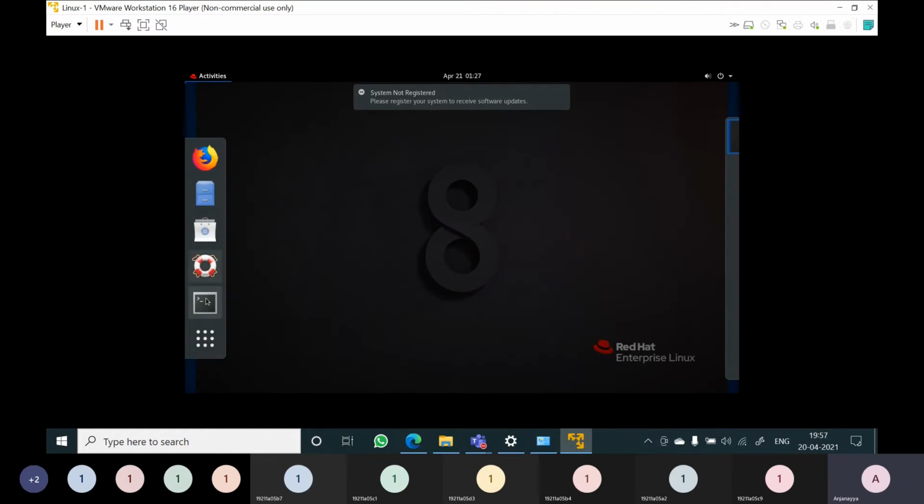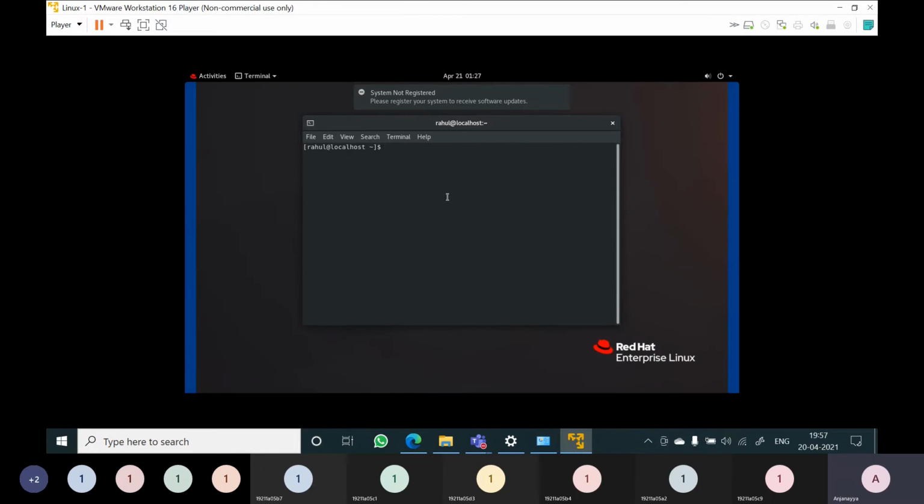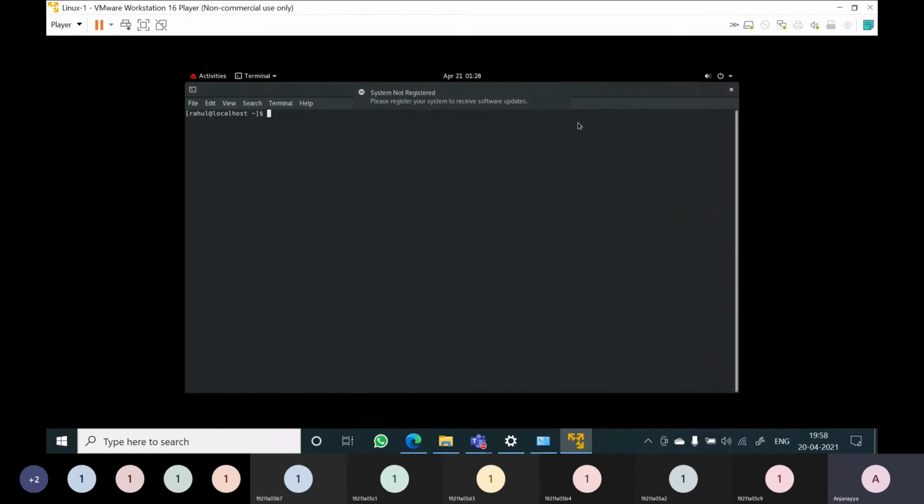So activities. This is the terminal. We are working by using this terminal only. Here you are seeing this dollar symbol. Dollar symbol indicates this is the normal user. Now su means super user. Super user is the root.